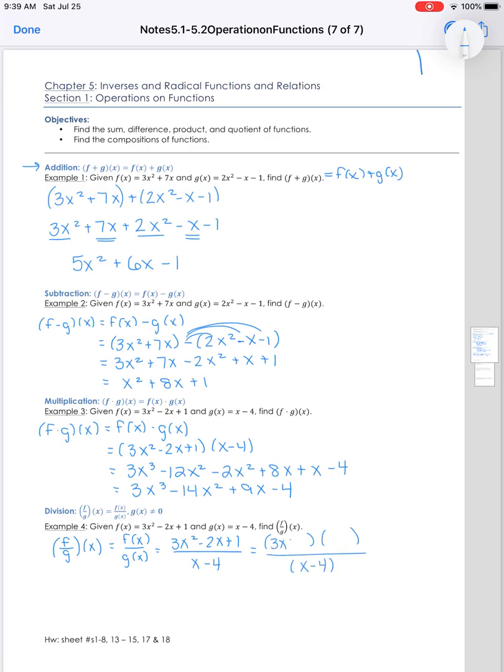Okay, and then for division, when you see it combined like this, that just means that you're going to divide them separately. So f of x goes in the numerator, g of x goes in the denominator, and then what you have to be careful of is you always want to double check and see if anything can simplify. So the numerator, you can actually factor that. It is not prime. So the numerator can factor into 3x plus 1